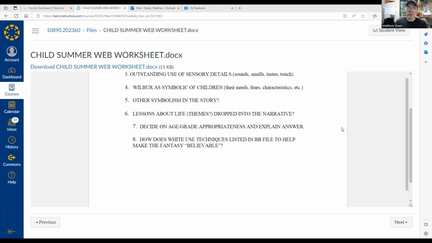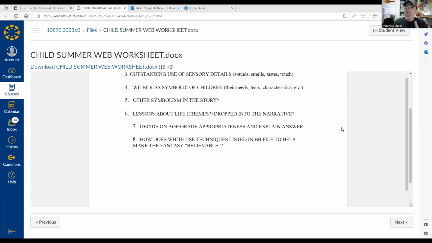And one of the things you look for in fantasy is how effectively the creator of the work, whether it's the author or the screenwriter or whoever, creates this fantastical universe in such a way that even though we know it's a fantasy, it's easy for us to buy into it,